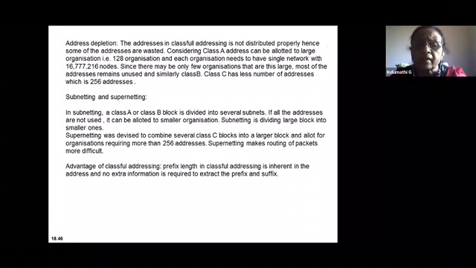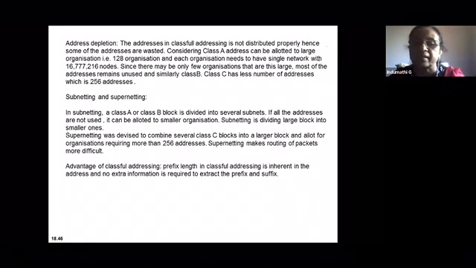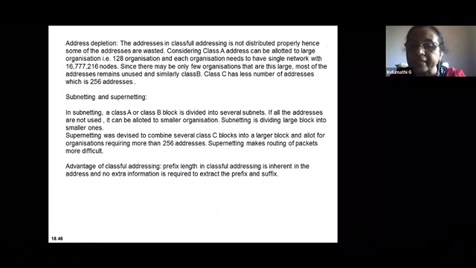Either divide the large block into smaller blocks and give it to smaller organizations, that is subnetting, or you ask for smaller blocks of addresses like class C. Instead of one, you ask for two, combine them to get more than 256 addresses. This is what is supernetting. But both of them have their own limitations or disadvantages. Hence, classful type of addressing became obsolete, and the next